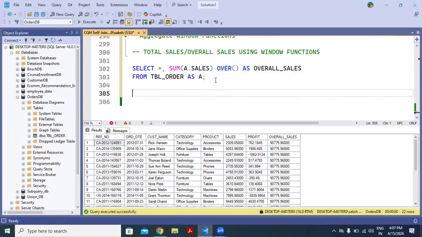So it acts like a window. Now let's modify it and calculate the running total or the cumulative sales.